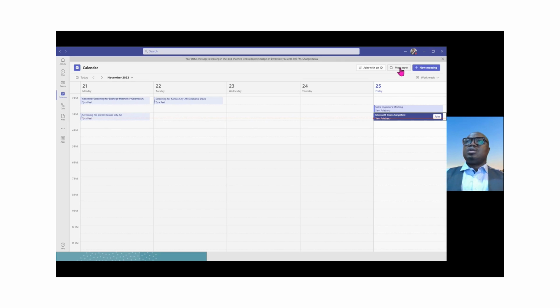So all we need to do is click on Meet Now, and the topic will be Meet with Tim. I can start the meeting and ask others to join. I'm not going to start that meeting right now because we are presenting and we are in the meeting right now. If I click on Start Meeting, it's going to ask me to add people to that meeting. I can type the name of the people that I want to join, like Tyra, like Bob, like Kevin, and they'll be able to join my meeting. And we're going to get our meeting started right away.